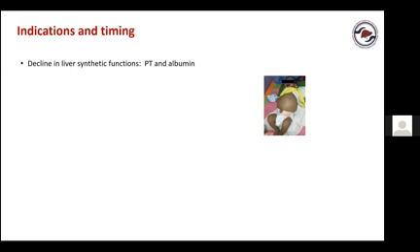have a liver disease. The straightforward indication would be decline in liver synthetic functions. Prothrombin time and albumin, it is very straightforward. And if you see this child, it's very obvious this child is having all the features of chronic liver disease, and the child is in end-stage liver disease. Unresectable malignancies, there is no timing. You really have to go for liver transplant. If it is unresectable, you can't wait.